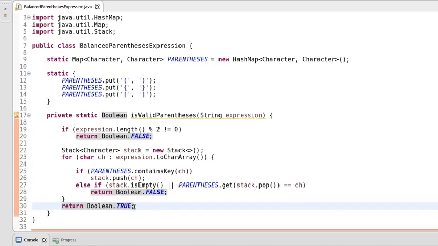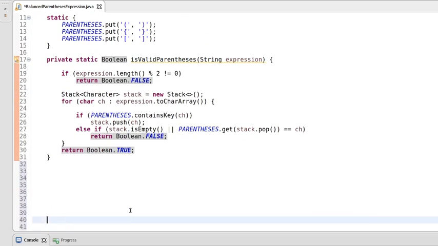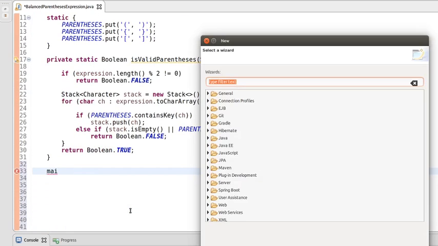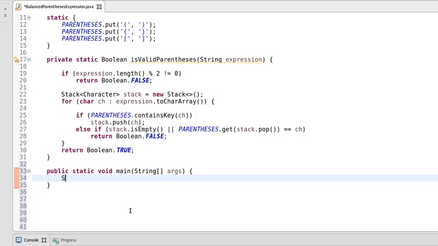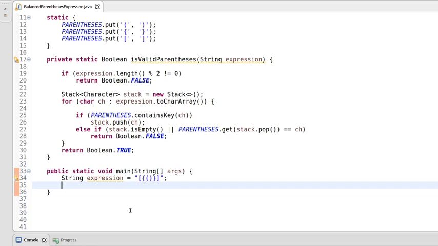Let's write a main method to test this logic. String expression, and I'm passing a valid expression here to test the happy path first. Then I will be adding some complex expressions to check whether our logic works fine with complex expressions or not.